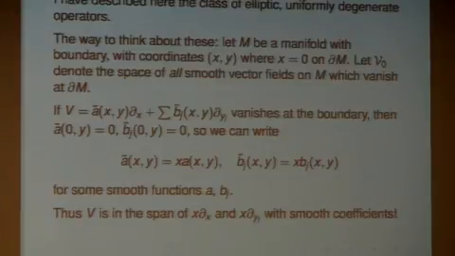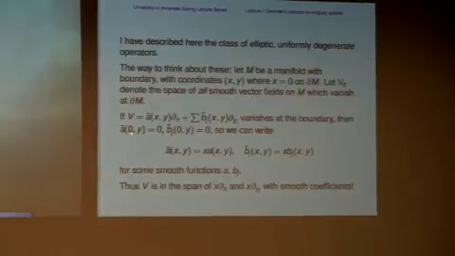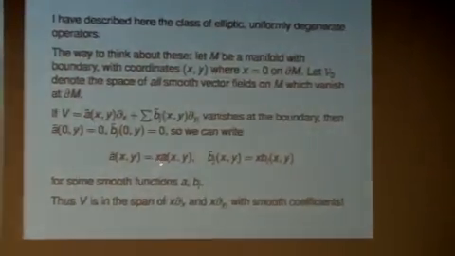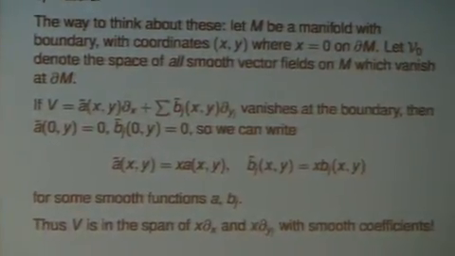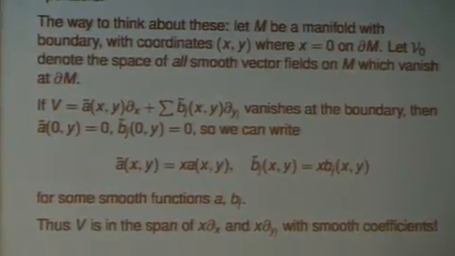Now, something which, again, as I say, I flash by these very quickly, but suppose that with manifold boundaries, now we're actually in the category of what we're talking about in this lecture. So suppose I have a vector field which vanishes at the boundary. That means that I can just factor out an x from each. So if I have smooth functions that vanish at x equals 0, then I can write it as x times a(x,y) and x times b(x,y). Okay?